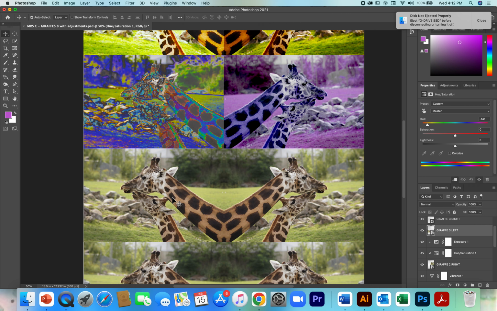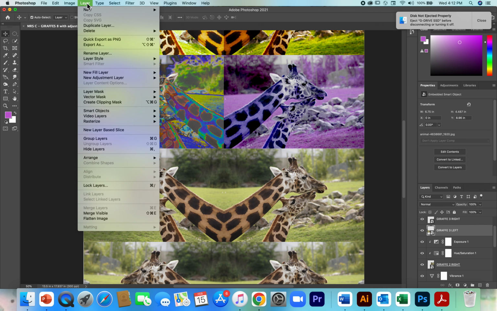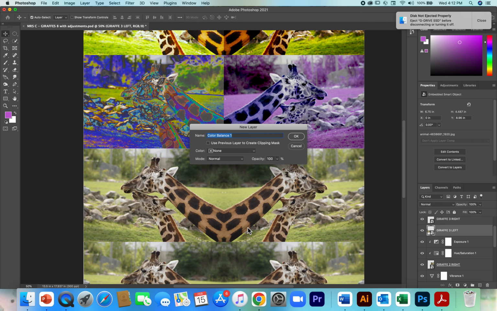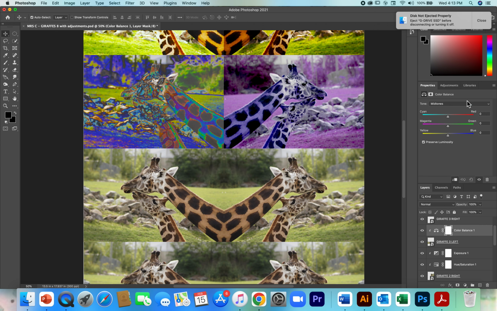All right, my next one, again, layer, new adjustment layer. We'll try color balance this time. All right. Now this one is going to be set up again with shadows, midtones, and highlights. So if you want to start with your dark tones, click shadows. This will change only the dark areas of your image. So the dark areas will change color depending on where you go with the